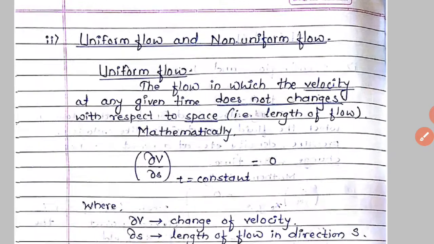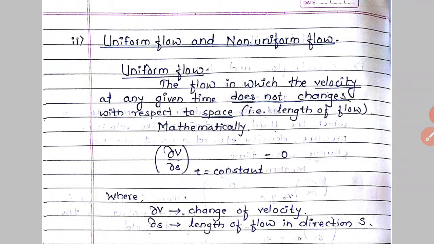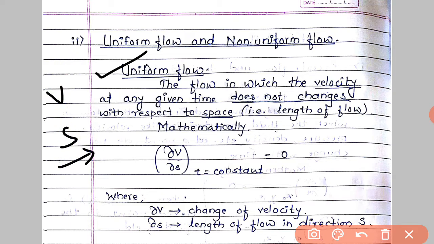Now we are going to see what is uniform flow and what is non-uniform flow. See here, what we have to do for observing different types of fluid flow: we have to see what is the difference between different types of fluid flow, and which parameters we have to consider in those types. So see here, in uniform and non-uniform flow, first see uniform flow. In uniform flow, we have to consider velocity and distance covered by the fluid, velocity of fluid and distance covered by the fluid.